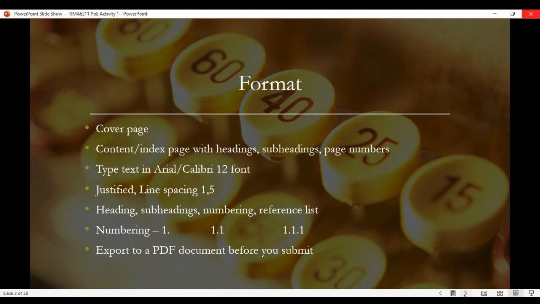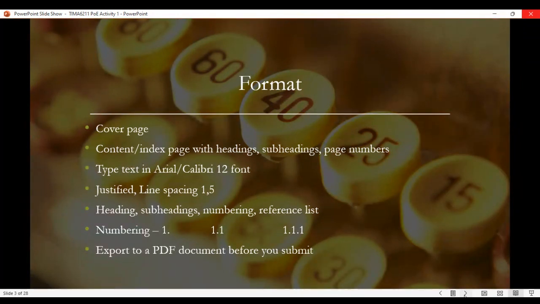All right, so please, we are not going to mark any PoEs or ICE tasks, for that matter, without a cover page and a content page. So please make a template for yourself so that you know that you use it for every single ICE task and every single PoE that you are going to submit this year.